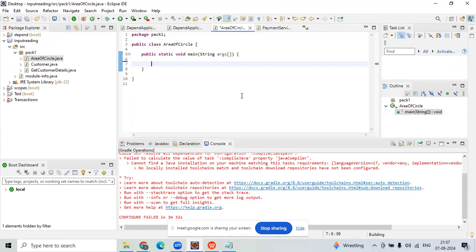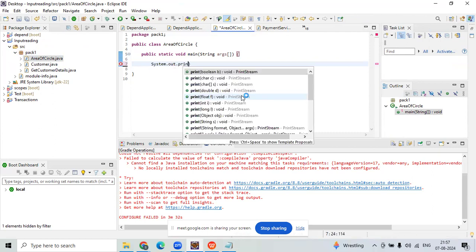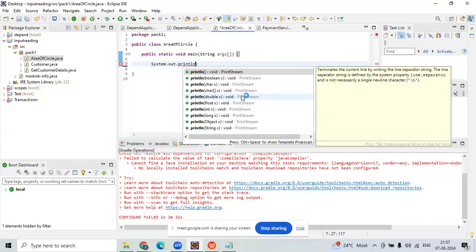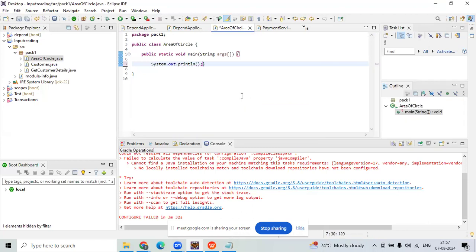Manohar, stack trace will be printed when you are getting an exception. When your program is terminated abnormally, then only your stack trace will be printed. Suppose you are using try catch to handle, and again stack trace is printing, then what is the use of writing them? See, now you see